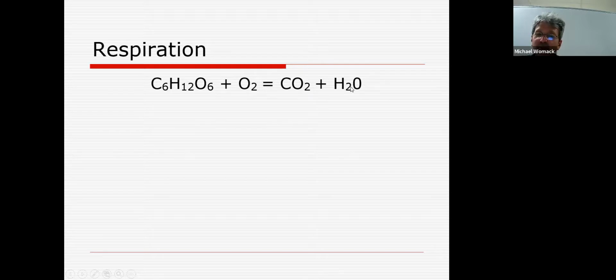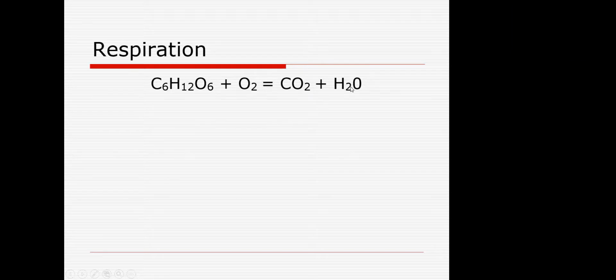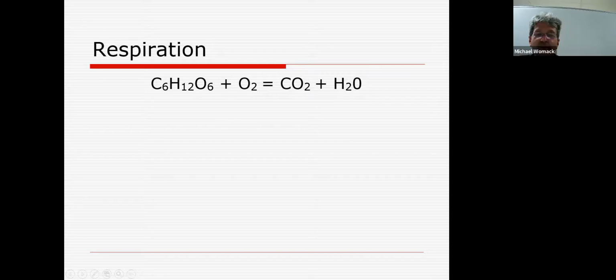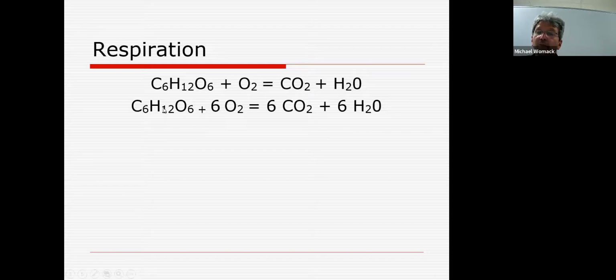Does that look familiar? Yes. It's the exact opposite of what we showed in photosynthesis. And in that process, again, it has to be balanced. I told you about balanced equations. So if you have the 6 carbon dioxides and 12 hydrogens, it needs oxygen in order to create